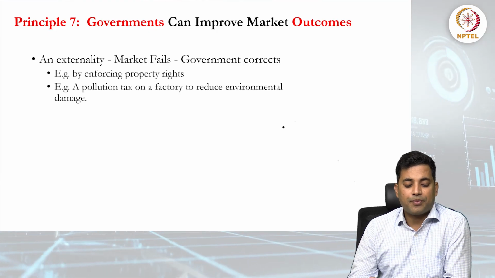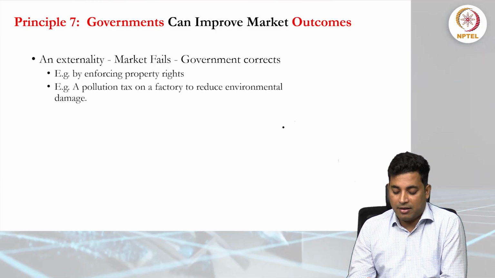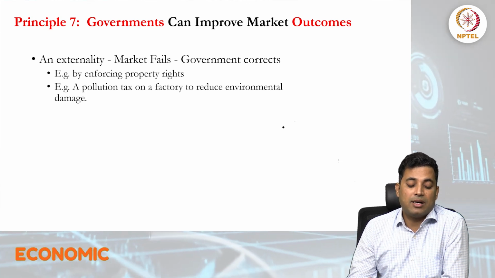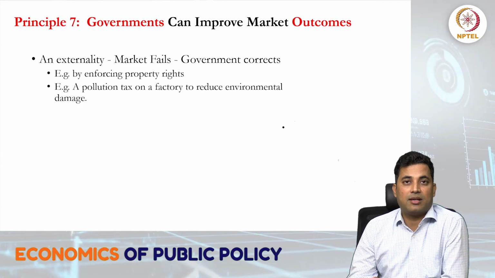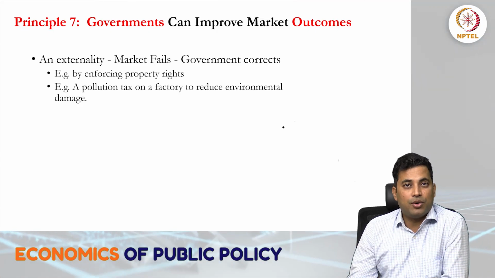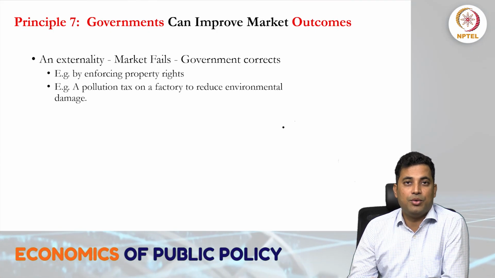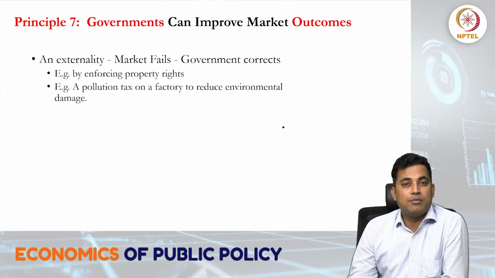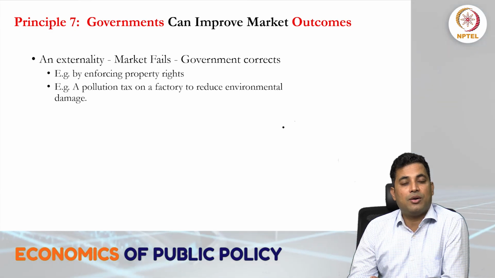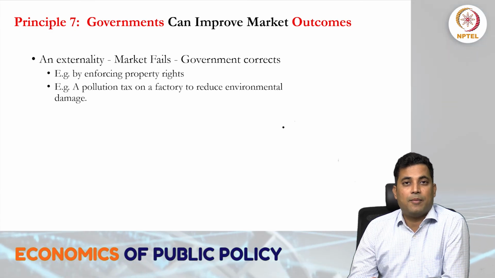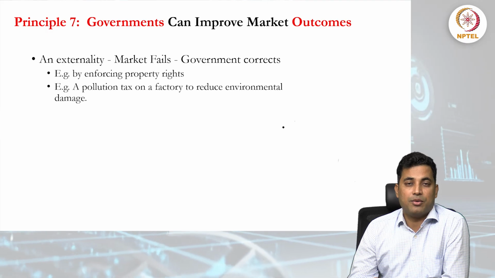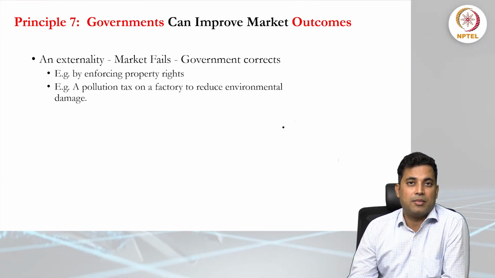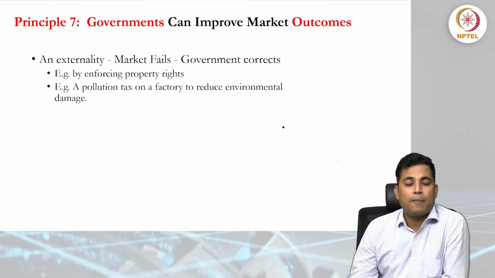A couple of examples, like positive externality and also negative externality. Let's begin with the negative externality. If somebody smokes, and you as a student don't smoke, but your roommate in the hostel smokes, then certainly you are getting affected, being a passive smoker in that particular room. So smoking is a kind of negative externality for your health.